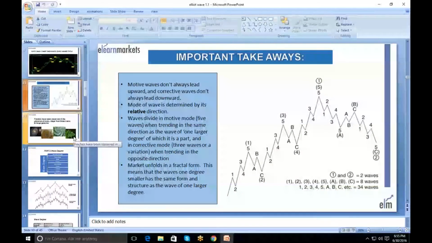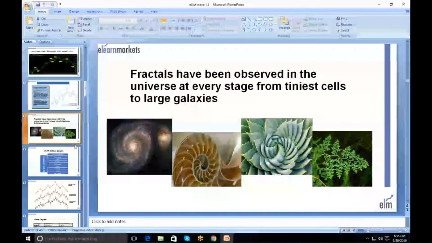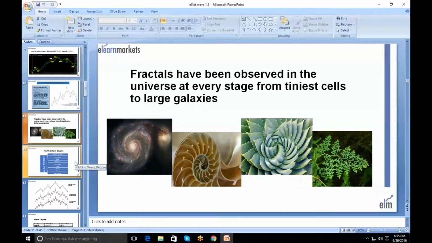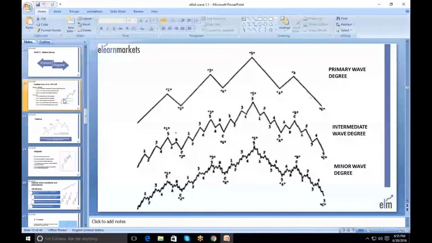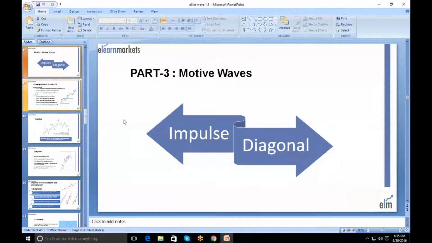You have to remember fractalism. When you're seeing a particular formation on a chart, you can expect that particular formation to unfold on a larger degree on the same chart as well. There are different wave degrees about which you need to remember. So there are 2 motive waves, the impulse and the diagonal. The major difference between the impulse and the diagonal is that in an impulse,